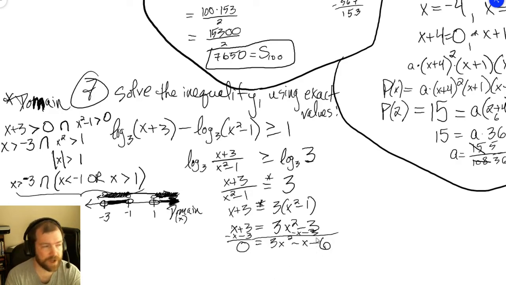How do we solve this quadratic? Well, you can use the quadratic formula. You can try to factor it. This is 18 with a difference of 1. So yeah, not going to happen. So x is equal to negative b, which is negative 1, plus or minus the square root of negative 1 squared minus 4 times 3 times negative 6,